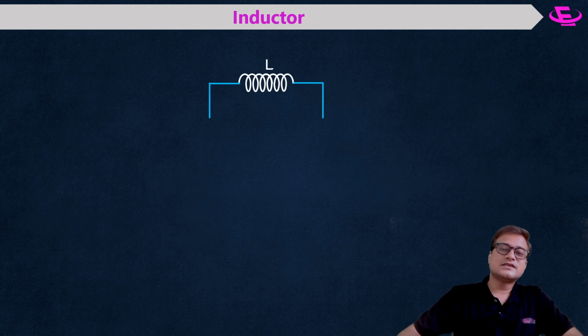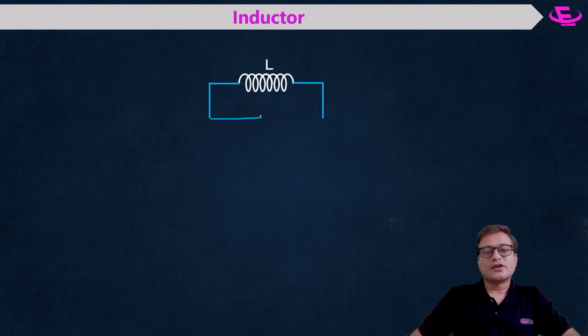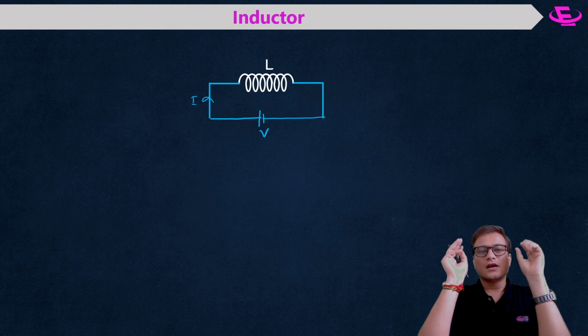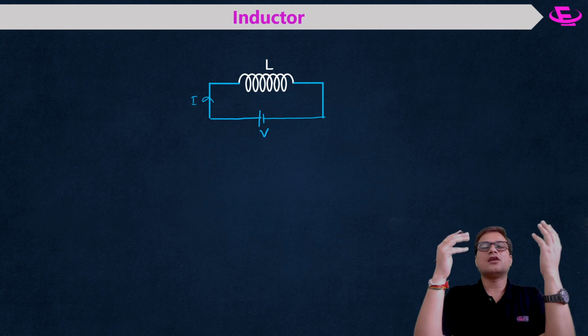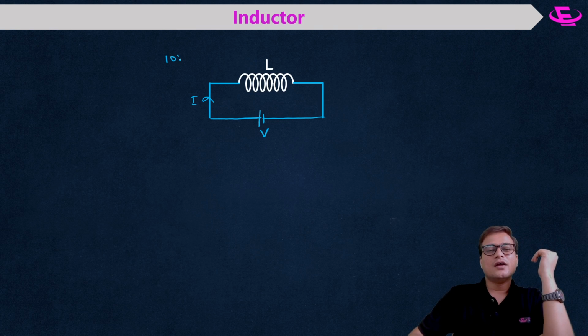So now let us see why an inductor does not allow sudden change in current. This is the inductor. It is simply a coil. Now I am connecting a battery V. When the battery is connected, it is trying to inject a current I. Suppose this is a very fresh inductor, purchased by your professor in the laboratory yesterday, and today you enter the laboratory at 10 a.m. and start the experiment on the inductor. You take the inductor, connect a supply, and turn on the switch.